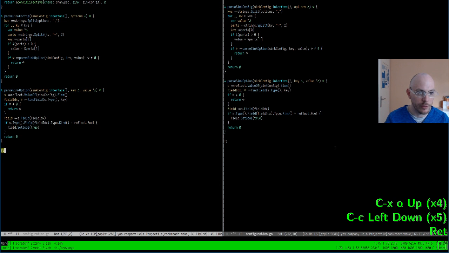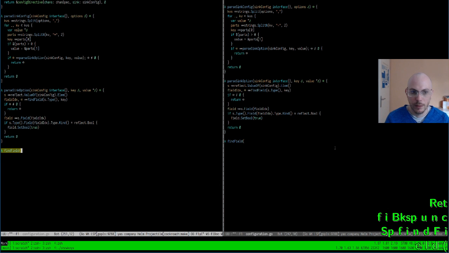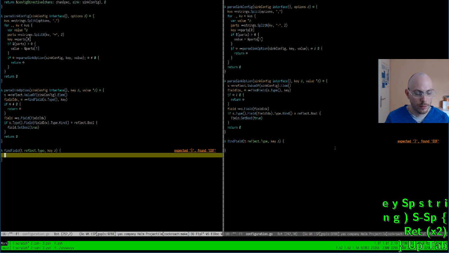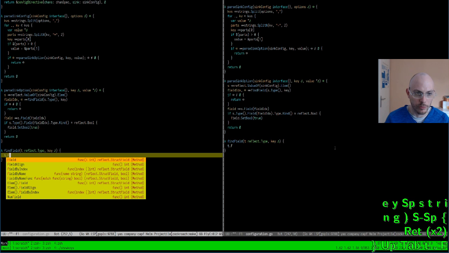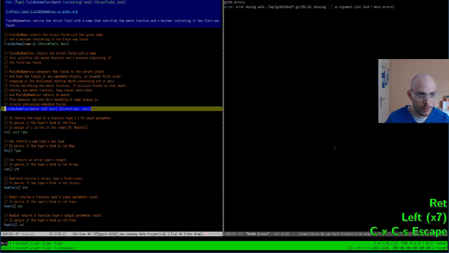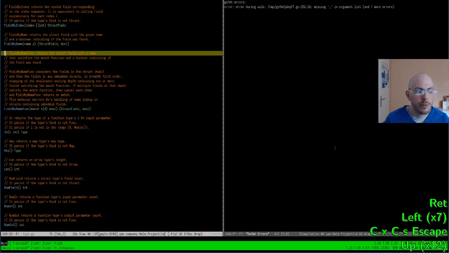And so we need to find field on a type. And here I need something called field by name func. Is that the right thing? I think it is. It returns the struct field with a name that satisfies the match function and a boolean indicating if the field was found. That is not right.